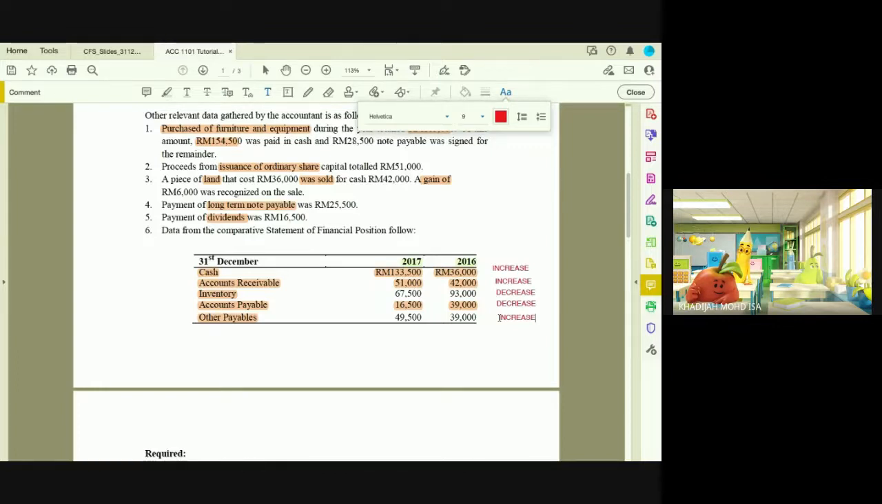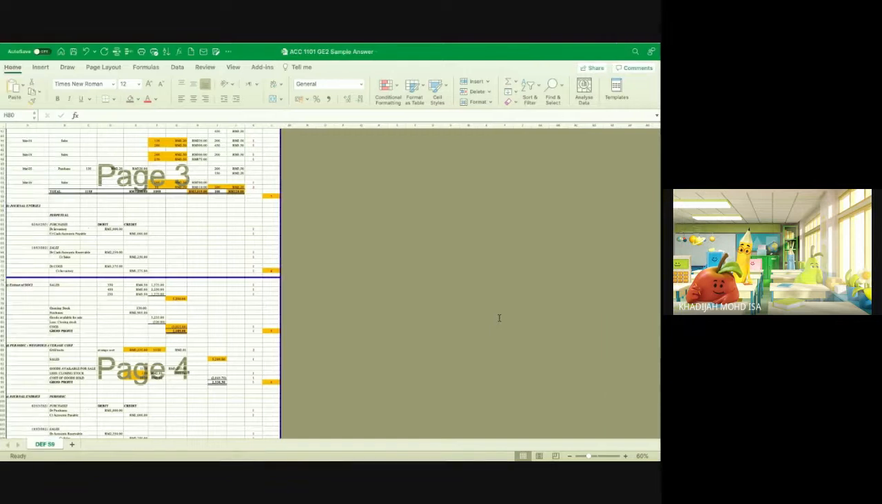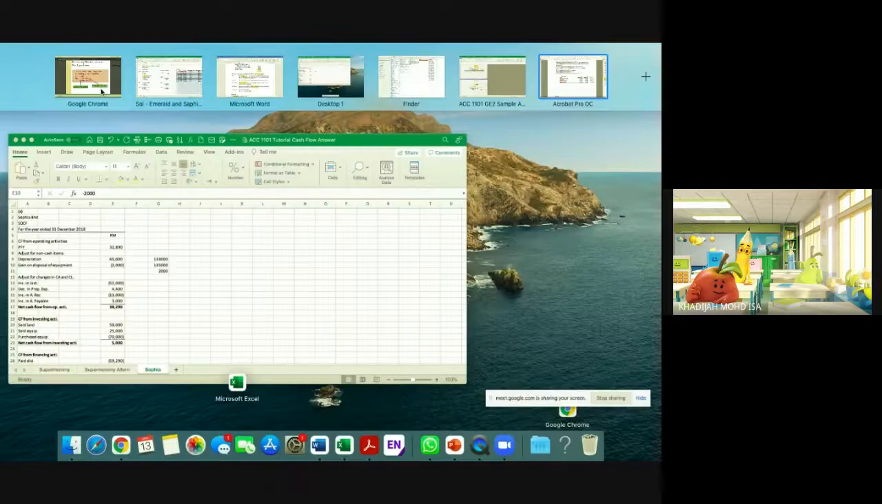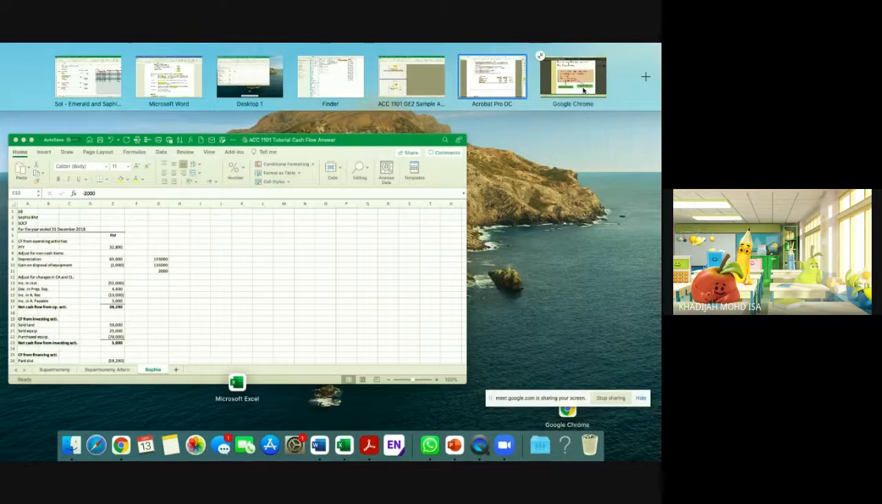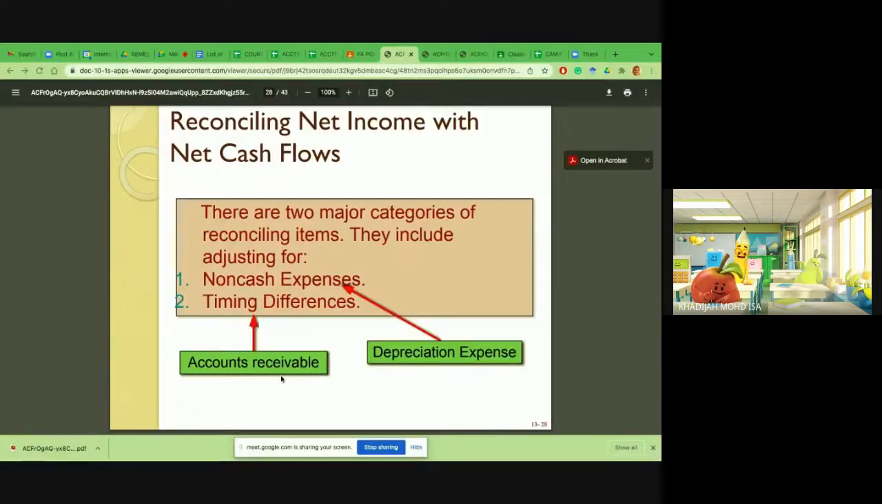This one is very important later because you are going to use this information to decide how to do adjustment in your cash flow statement. Okay, all right. So that is what is meant by having these timing differences. Your accounts receivable, in other words, you're talking about your current asset and your current liabilities. Next is that,